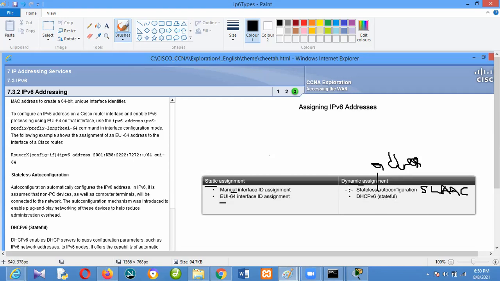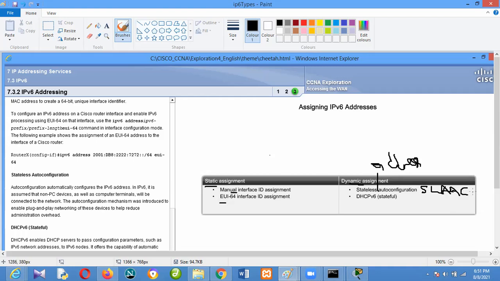Of course, you know that when you talk about static IP address, it is the manual way of assigning IP address. When you talk about the dynamic way, it is when you allow a protocol to run it. So in terms of allowing a protocol to run to assign IP address, we have two methods under IP version 6. We have SLAAC, stateless address auto configuration. We also have stateful DHCP.